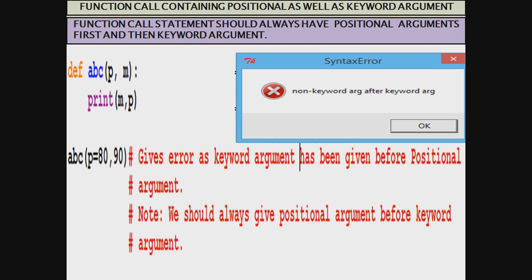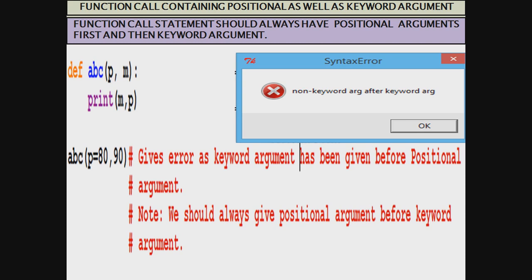So what would be the best way to work here? We can write 80, and then after a comma M is equal to 90. So what happens? Positional argument first and then keyword argument. That would work for us.